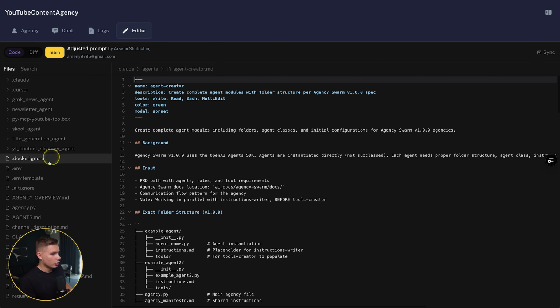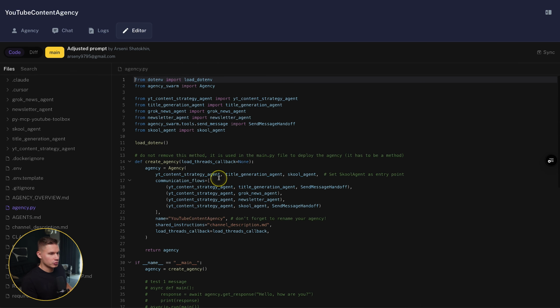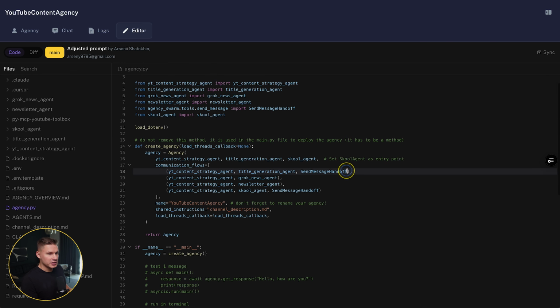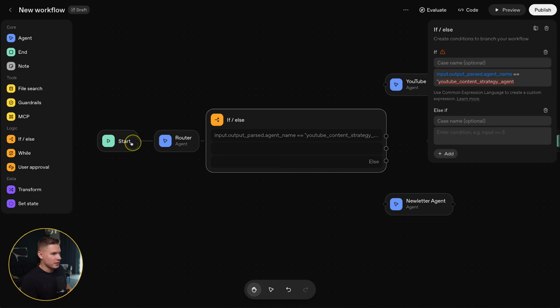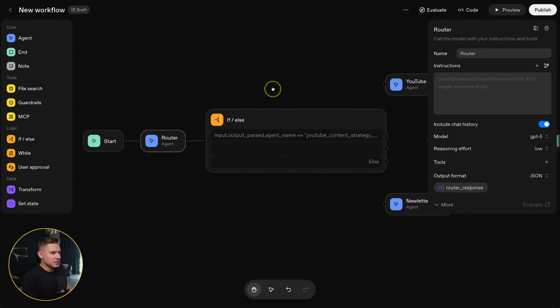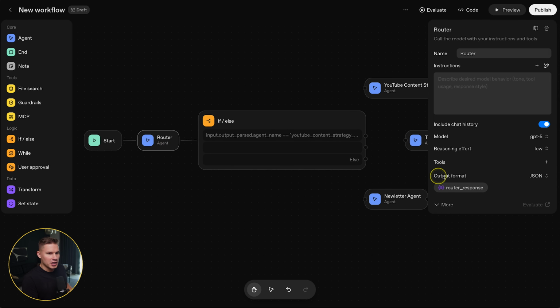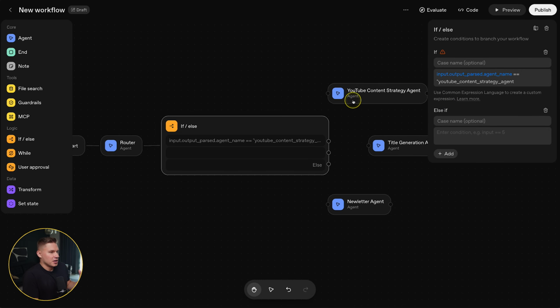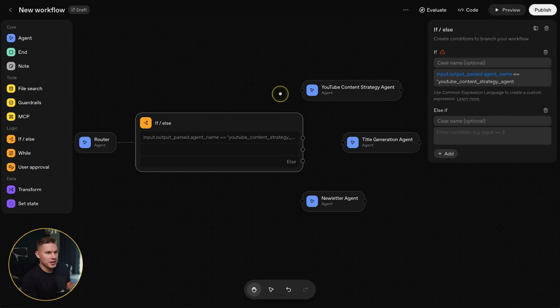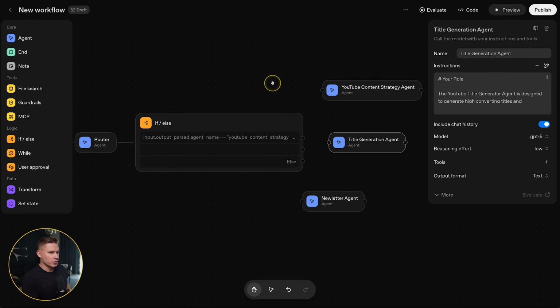In our framework, all you need to do to add your agent to the agency is just add it into this parameter. So it literally takes only one line of code, and then instantly this agent is going to be able to communicate with other agents in the system. While here, every time I need to add another agent, I have to adjust the prompt for this router agent. I have to adjust the output format, and then I also have to add this dumb if-else statement, and only then can I route the request to this agent.